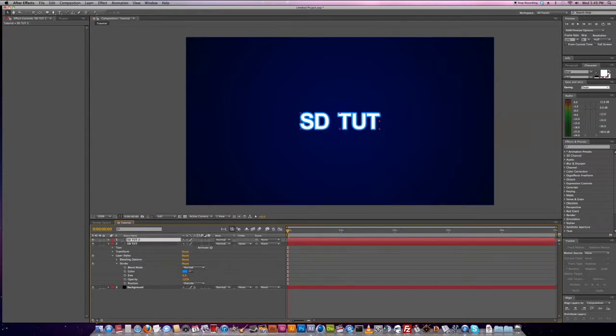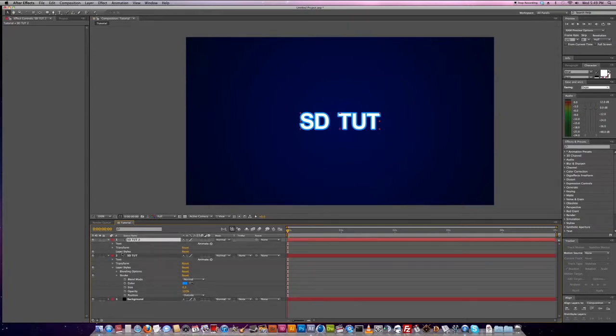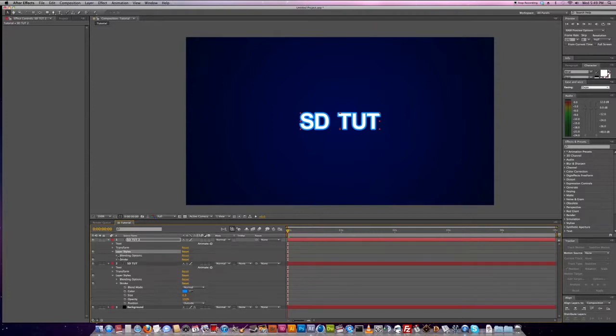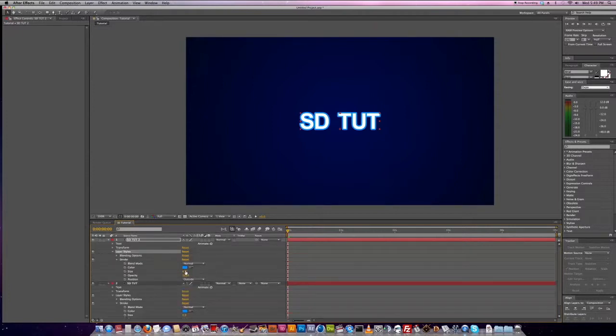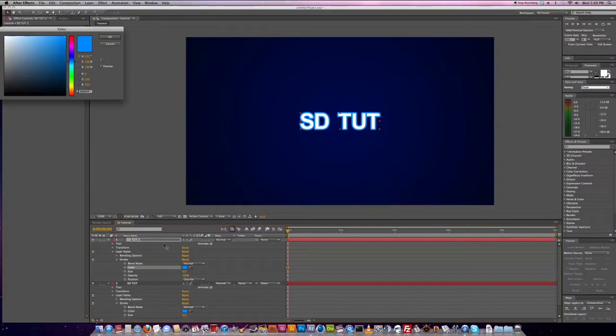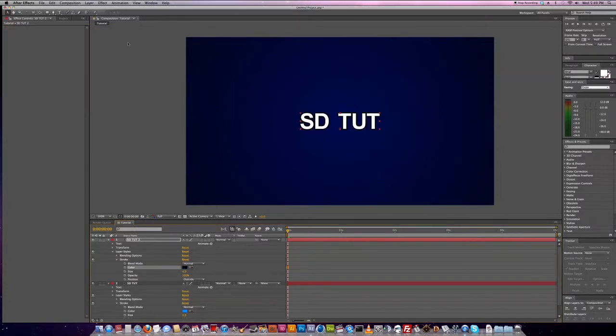Then what we're going to do is duplicate the layer, and if you can't get access to the layer style, just double click it and it'll open up, and we're going to change the color of this stroke to black. And what we're going to do next is lower the size of the stroke so that we can see the stroke of the text layer underneath. So we're going to close these two guys,